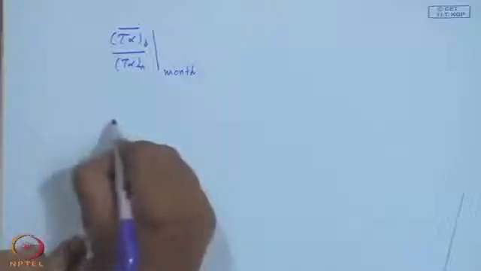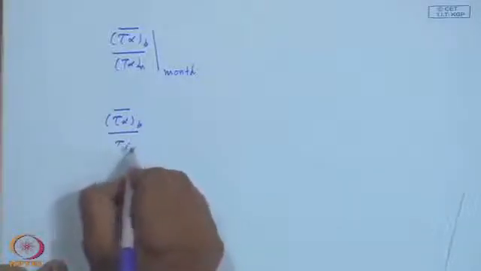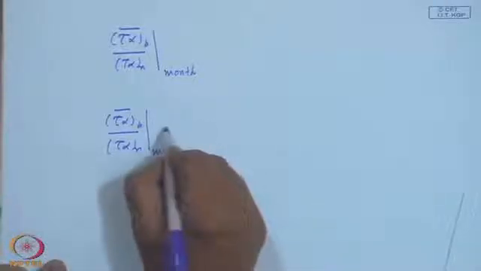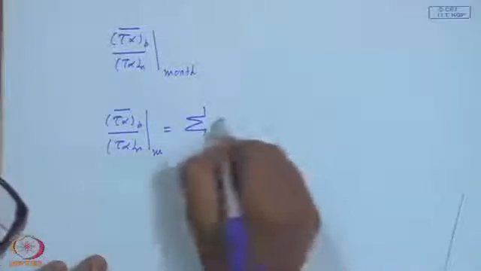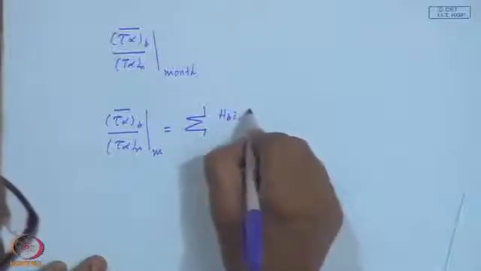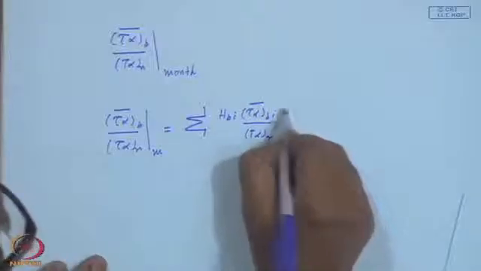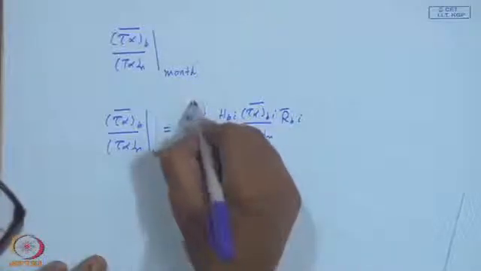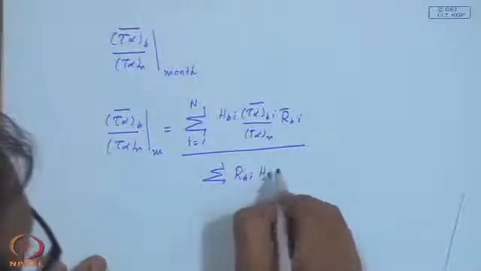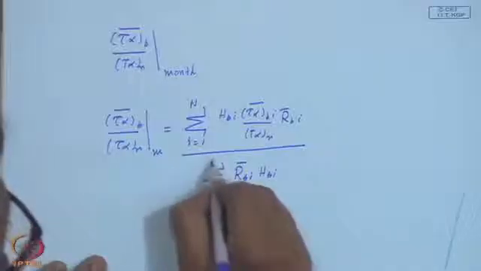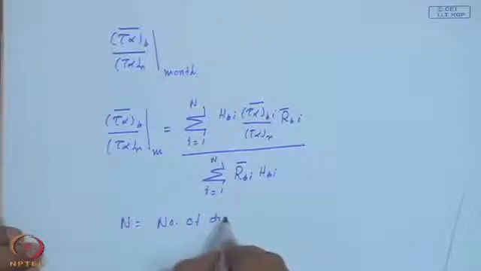So, by summation procedure, we can write down tau alpha bar b by tau alpha n for the month should be equal to sigma h b I tau alpha bar b I by tau alpha n r b bar I, I is equal to 1 to n, by sigma r b bar I h b I. In other words, n is the number of days in the month,